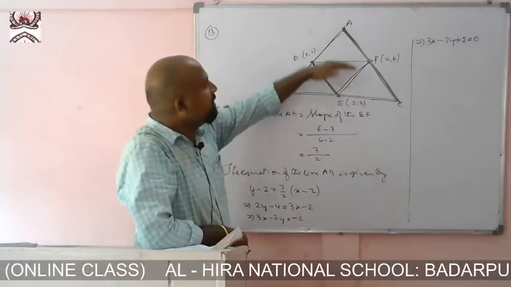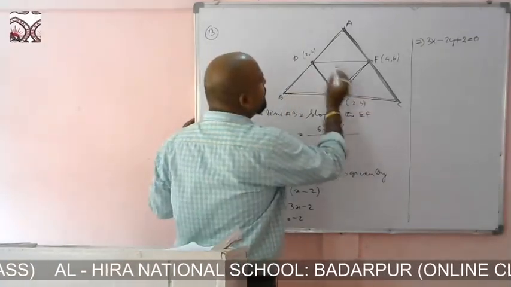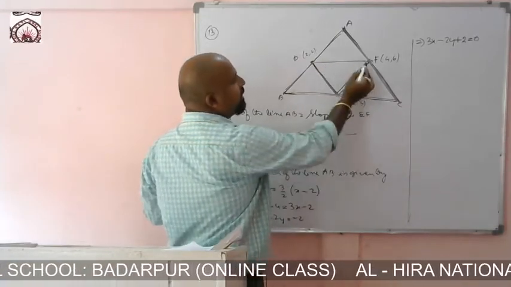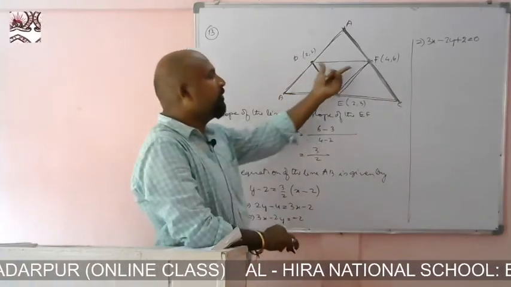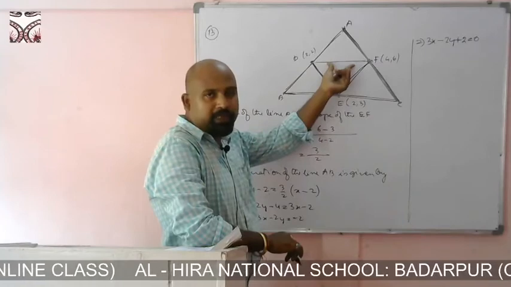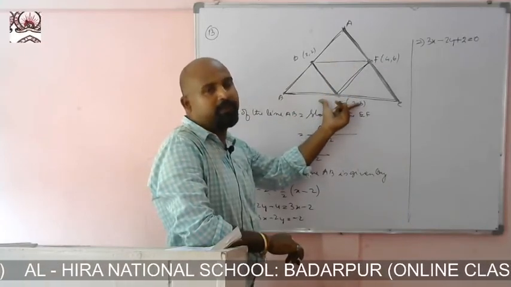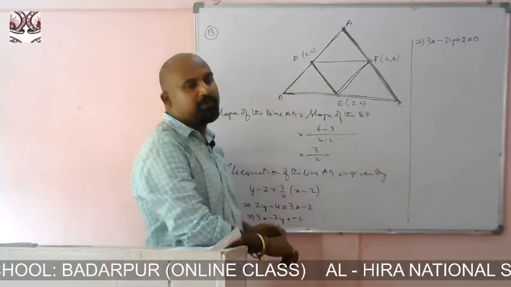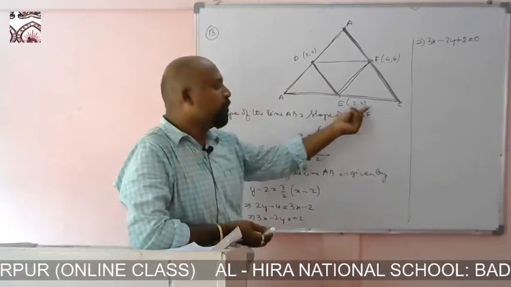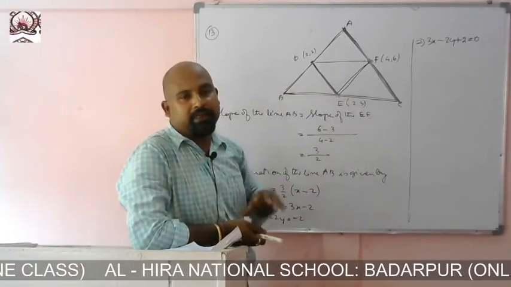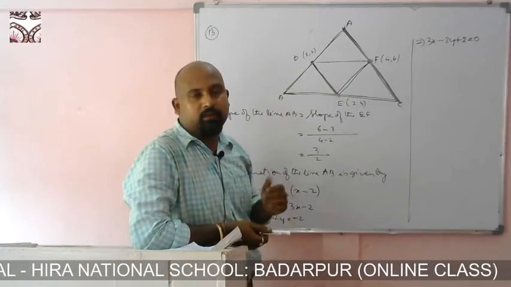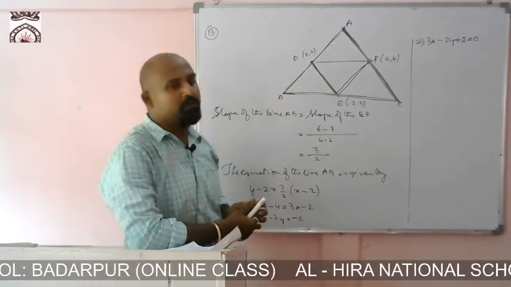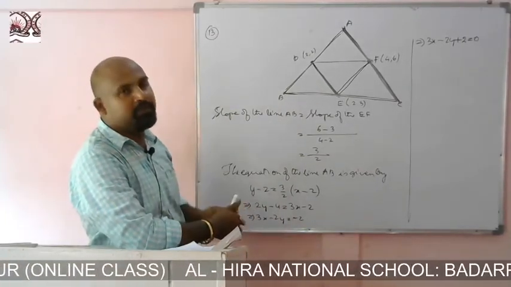Now similarly for the line BC, this line will be parallel to this line. The slope of this line will be equal to the slope of this line. As 2 points are given to us, we can find the gradient of the line BC. Now in the line BC we are getting a point 2, 3. As the point 2, 3 lies on the line, by applying the equation of a line when one point is given to us, that is y minus y1 equals m into x minus x1, just solve in this manner. Okay.